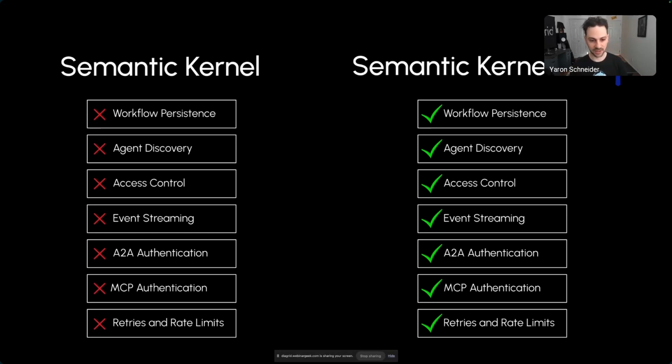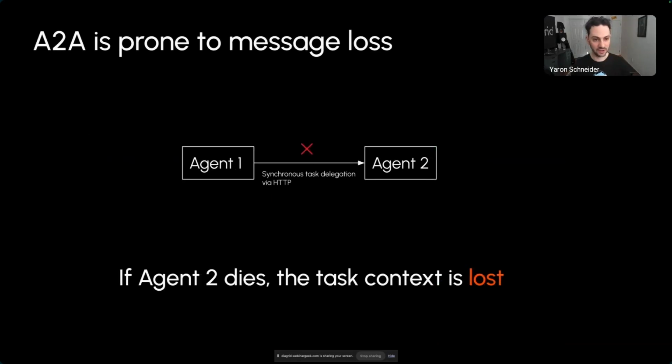If you want to talk to Dapr, Dapr will essentially support any type of client that is used by Semantic Kernel, or even if you're using Spring AI for Java, for example, which is kind of like an agentic framework for the Spring Boot ecosystem, Dapr will support that out of the box as well, since we have a Dapr Java SDK. So let's talk a little bit about how A2A, the agent-to-agent protocol from Google,